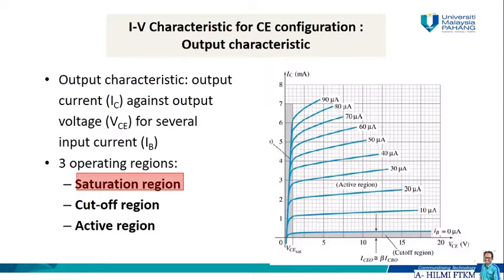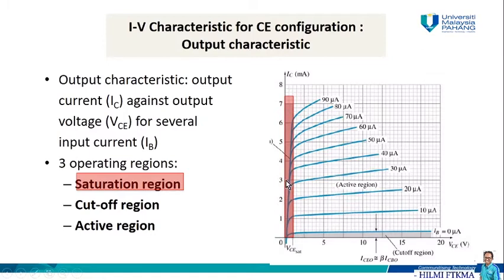The saturation region is when both junctions, between the collector and base and between the base and emitter, are forward biased, and the current at the collector IC increases linearly with the value of the output voltage VCE. So this is the saturation region. So it is located at